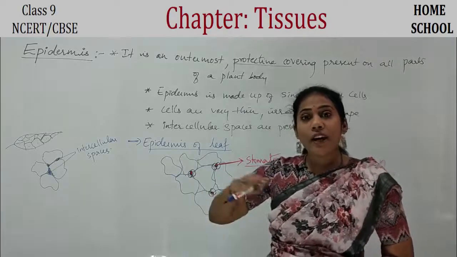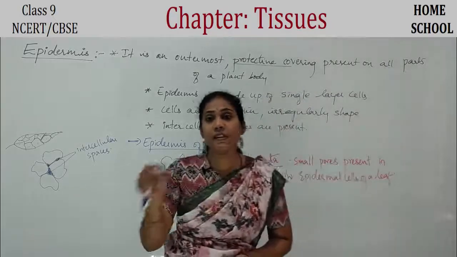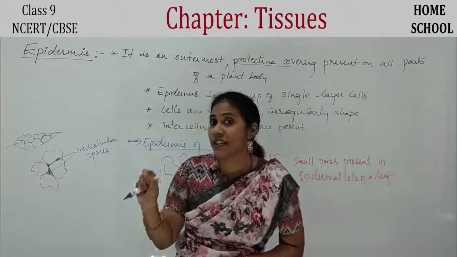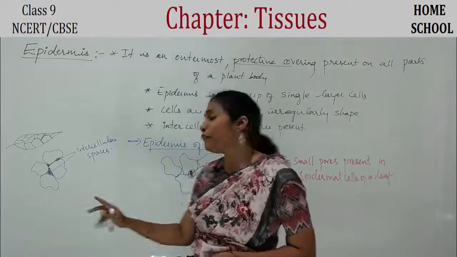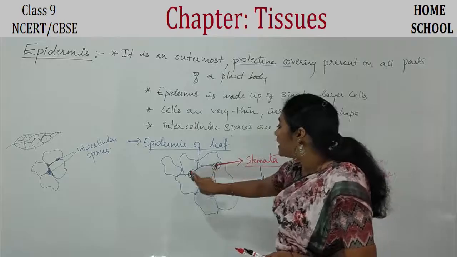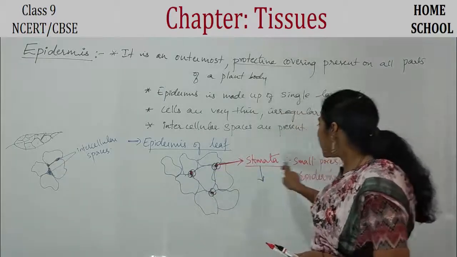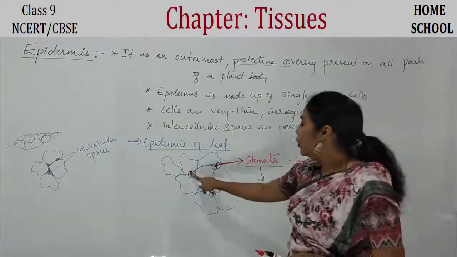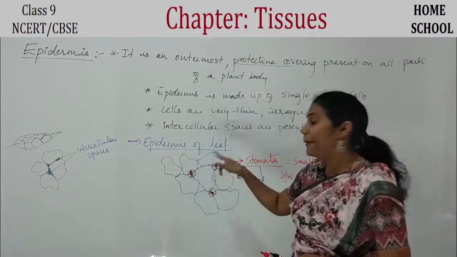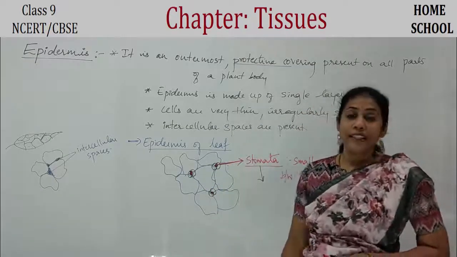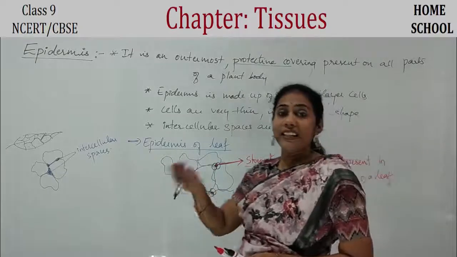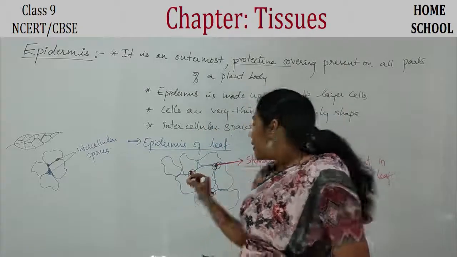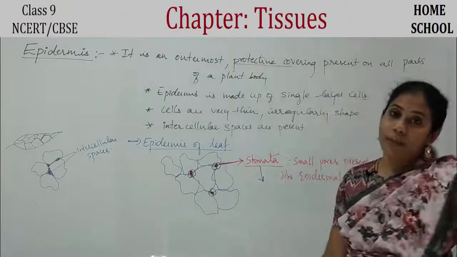Okay, so after photosynthesis, oxygen gas the plant gives outside. So how is this oxygen gas coming out from a leaf? Again, it is through these small holes, which we call as stomata. Okay, so where are these small holes present, guys? In the epidermis of a leaf only. In that outermost covering, you will have small holes here and there. Okay, so that is what we call stomata.